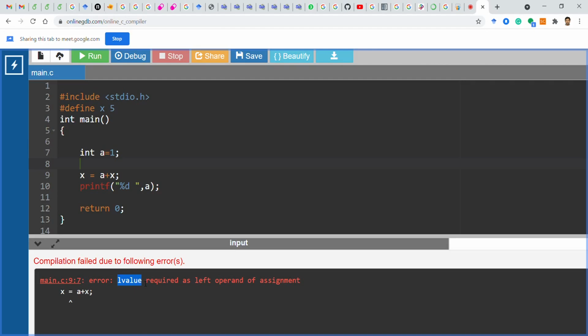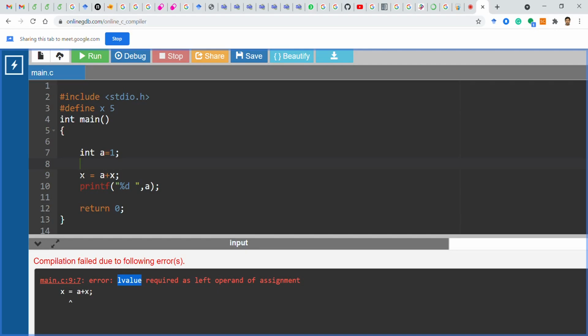always remember one thing, that L value required definitely means that during assigning something, the compiler is not able to get a proper destination. Because when you are writing x equal to a plus x, that means when the intermediate code is generated from this program, this will generate 5 equal to a plus 5.